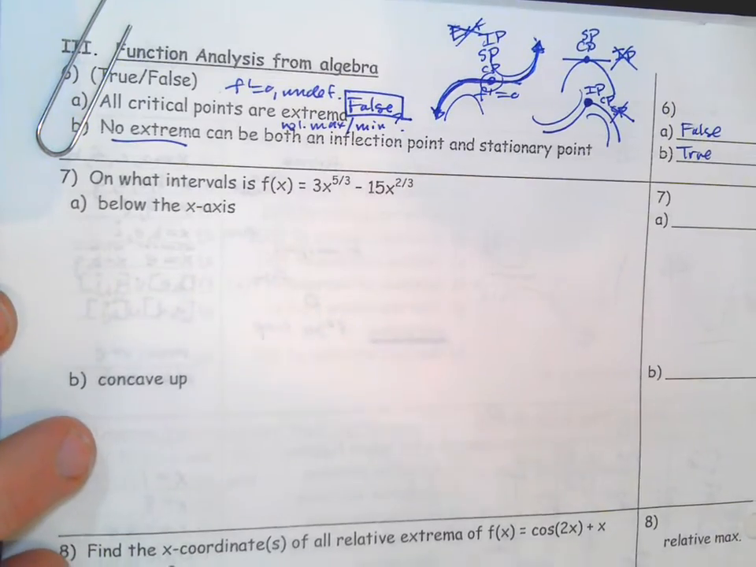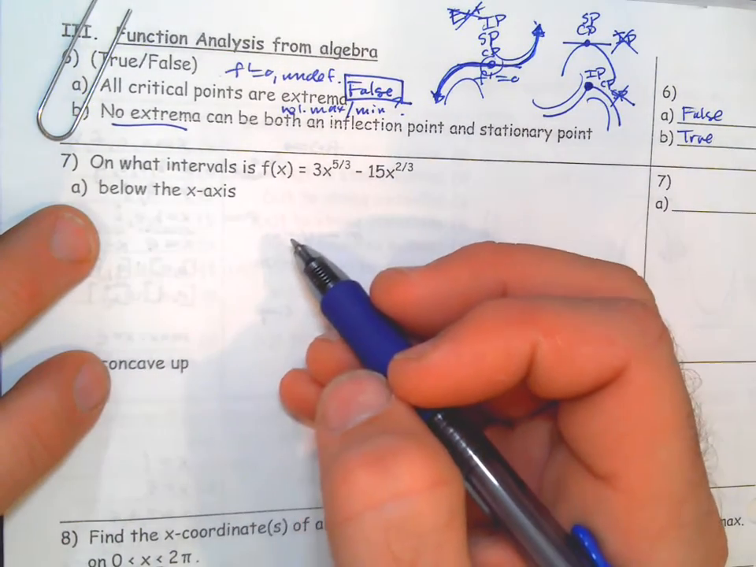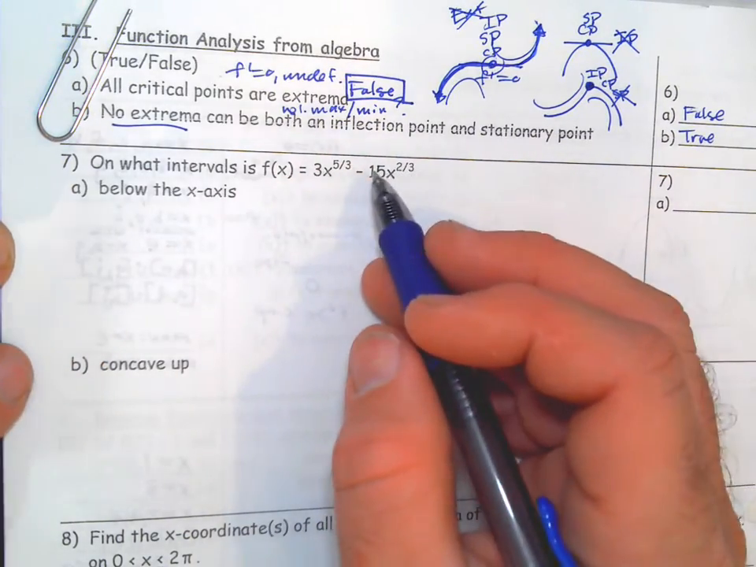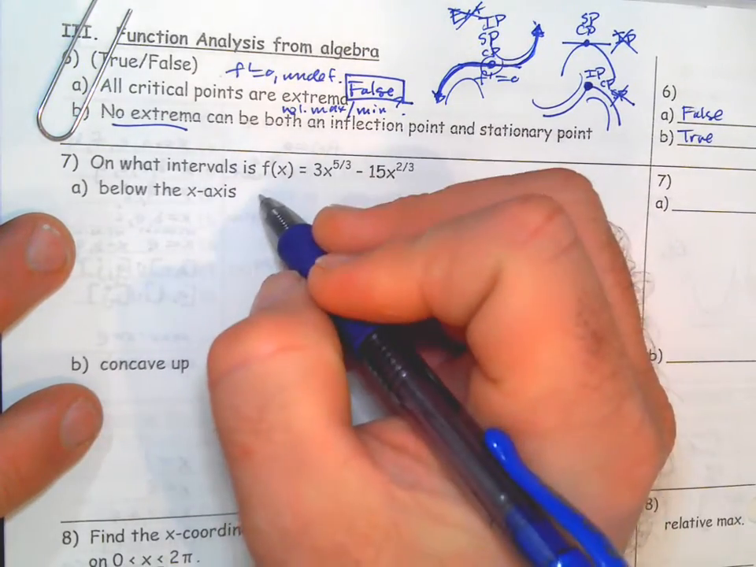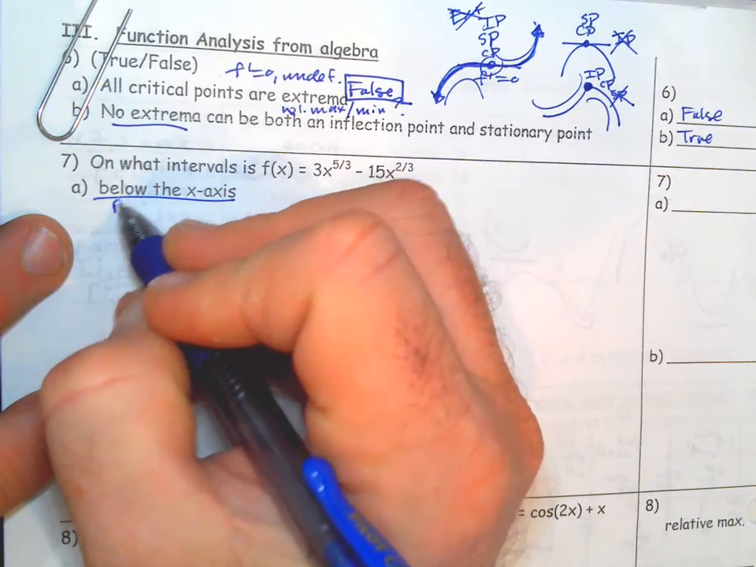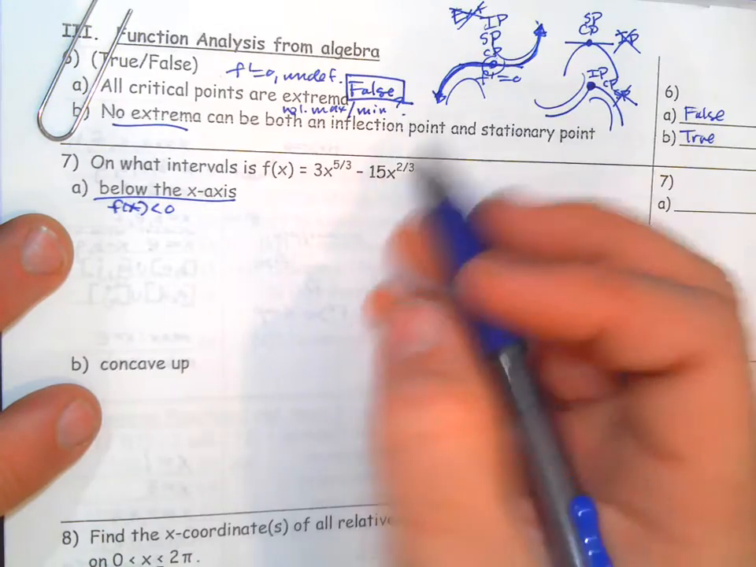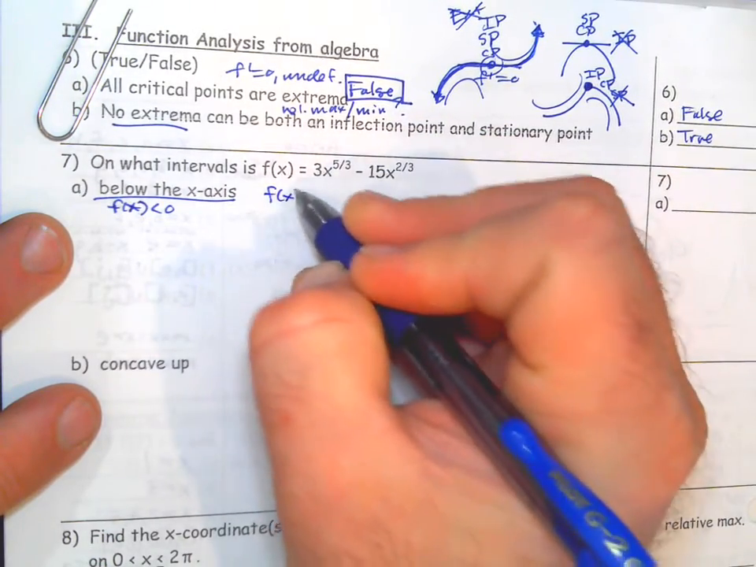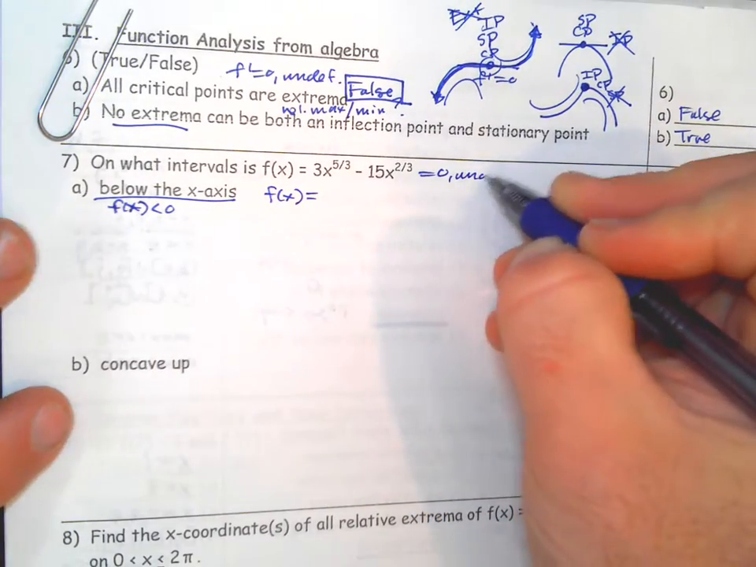Okay, on what intervals is this below the x-axis and concave up? Now, you're definitely going to get some problems like this with rational exponents, and they have their own potential pitfalls. We're looking for below the x-axis, so that's when f of x is just negative. So we're not doing derivatives yet. This is an uncommon question because it's not as deep. So we could just go ahead and set this equal to 0 or undefined right now and do a line check